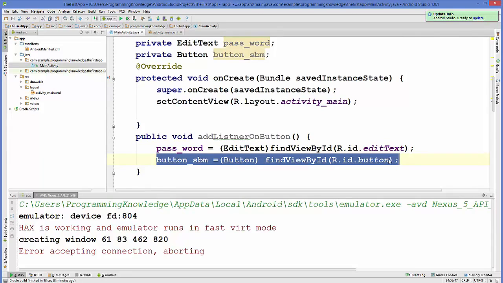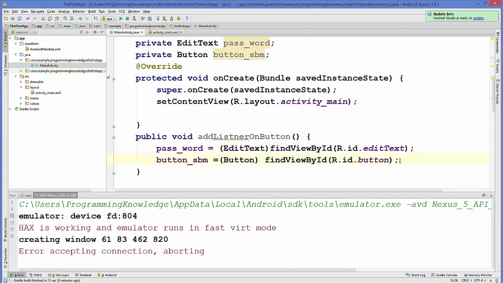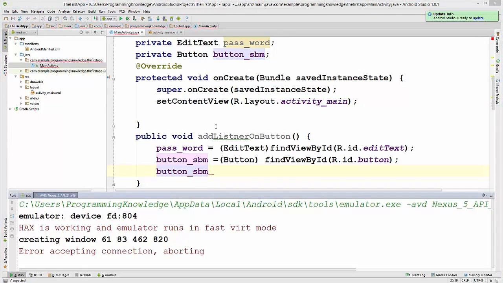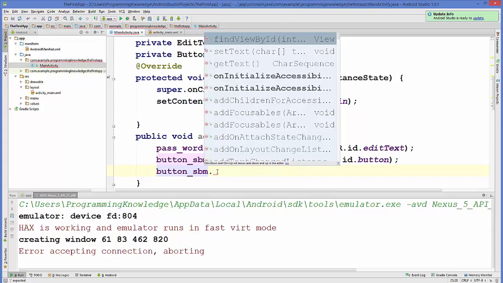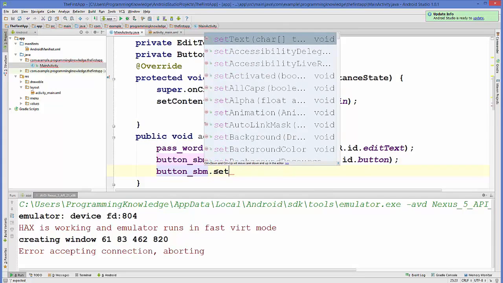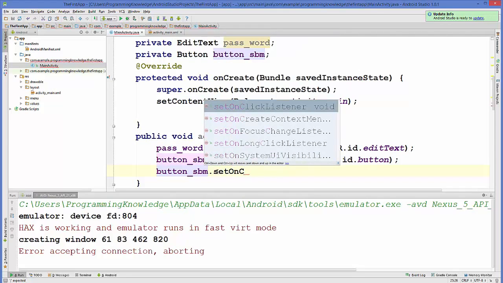Now we are going to take this button and add a listener to this button. So button dot setOnClickListener,